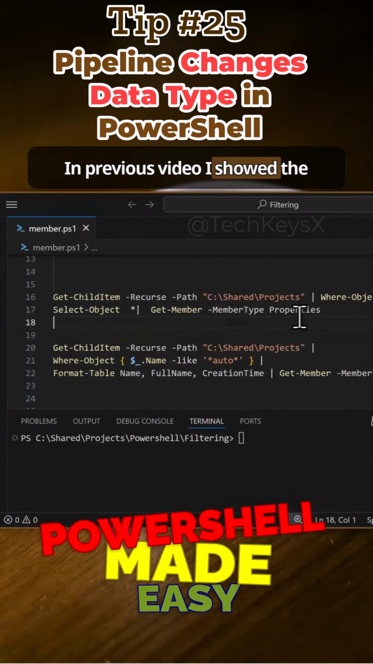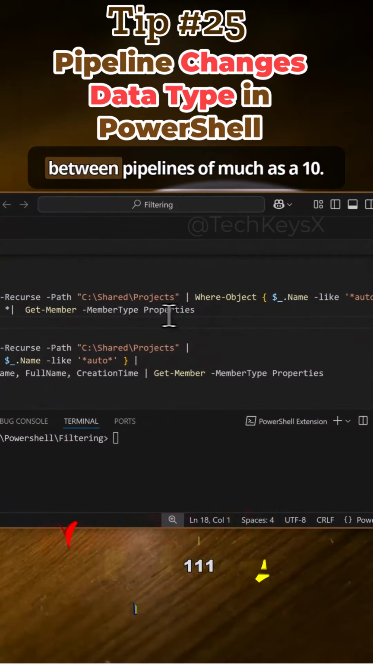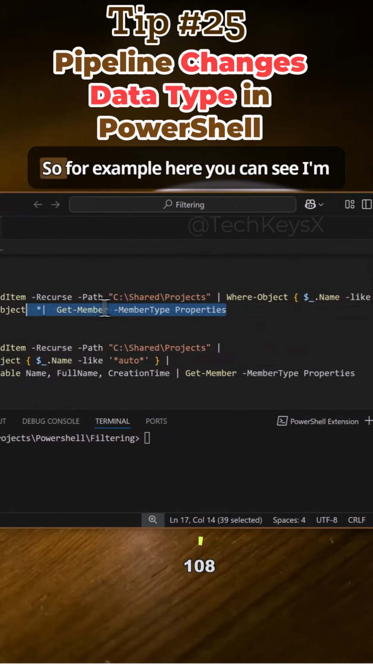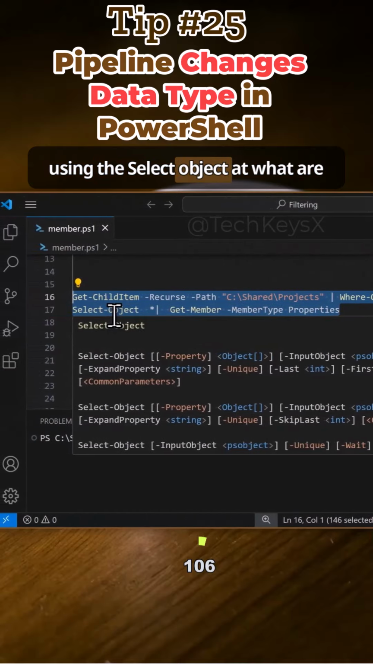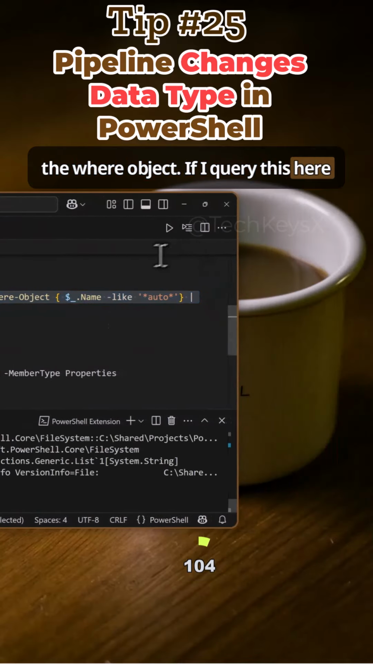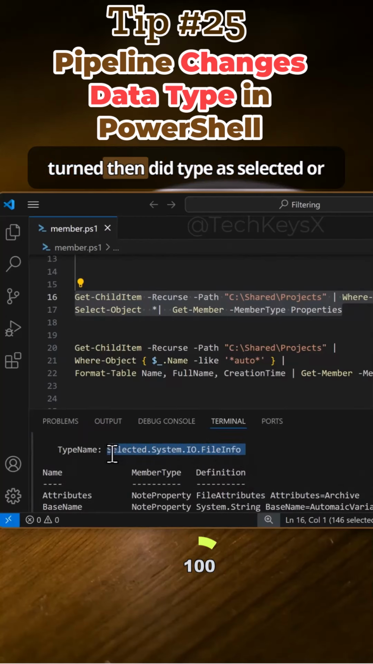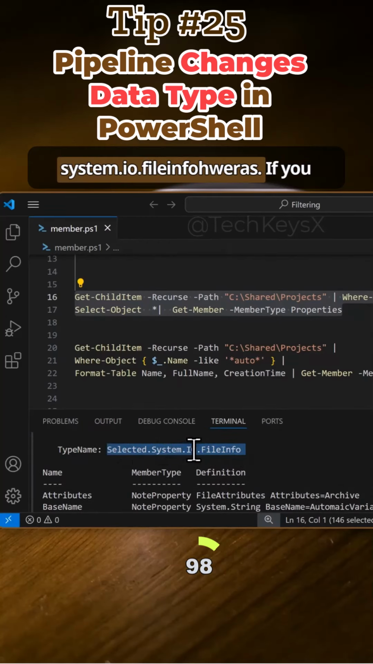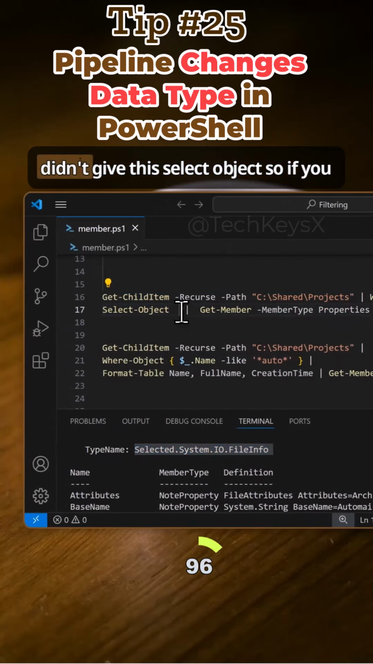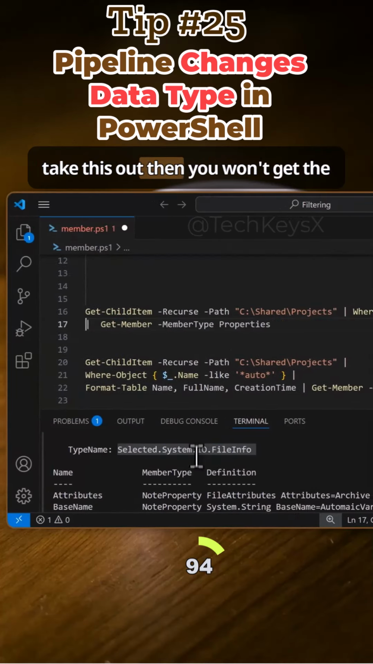In the previous video, I showed that PowerShell maintains the data type between pipelines as much as it can. So for example, here you can see I'm using Select-Object as well as Where-Object. If I query this now, as you can see, it has returned all the properties, but it has returned the data type as Selected.System.IO.FileInfo. Whereas if you didn't use Select-Object, so if you take this out, then you won't get the